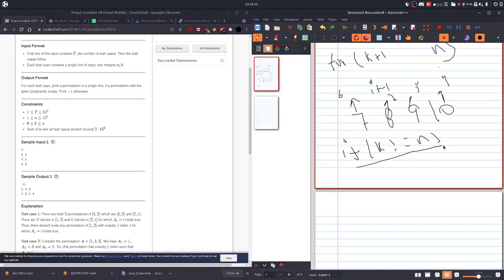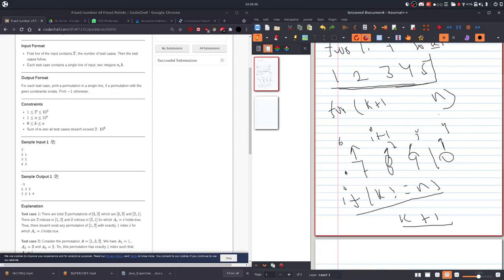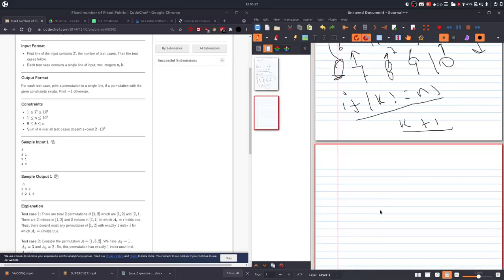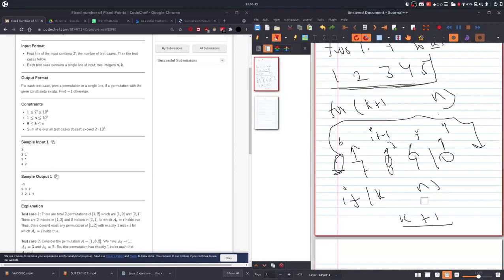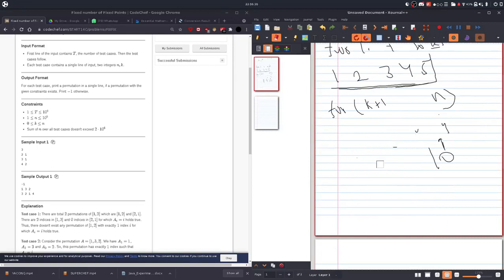So obviously, if k is not equal to n, that's what we're going to check. If k is not equal to n, then we're going to print the k plus 1, which was the value that was remaining, and we're going to print that value in the end. So I hope you guys got the answer. And if k is equal to n, then we just simply go to the next line. So I hope you guys understood.